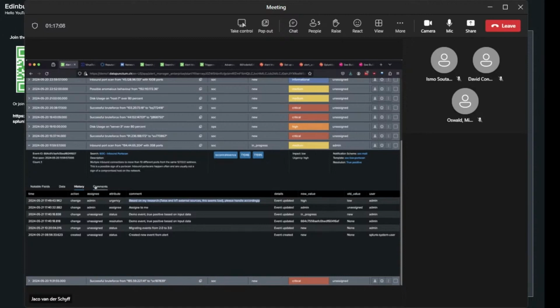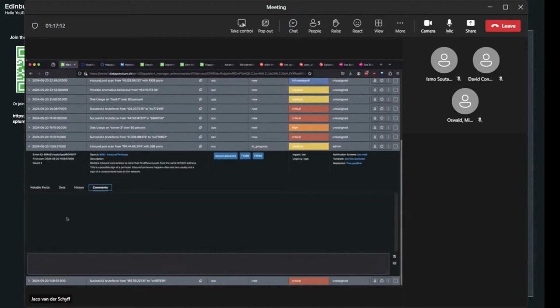We also have the ability for more than one analyst to work on the incident. So what analysts can do is they can capture their comments here, capture my comment. I am doing some research. And this can be added as comments to the event. And of course, this is persistent in the index, and all of this is available, in separate indexes, as I said, for complete role-based access control.